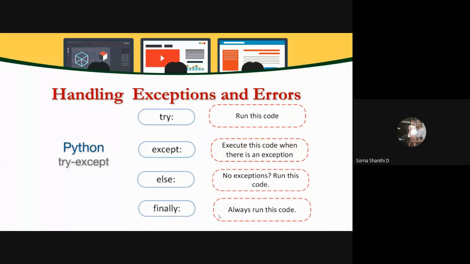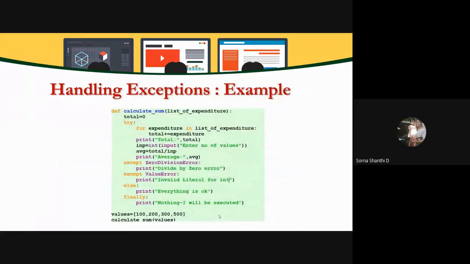So I have to put that code into the finally block. Is it clear? I hope this is clear. I will try to explain it with an example. Okay, this example is very simple. What we are doing in this example is we are passing